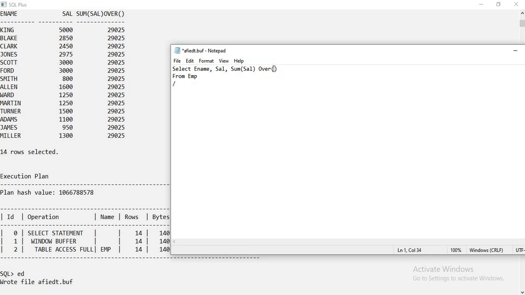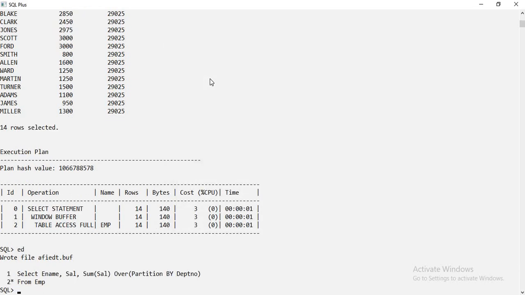In this OVER, there is one more option, which is partition by. I am saying DEPT number. Okay. Now, what will happen is, when the garnishing is happening, the sum of sal will be executed over the data that is brought to SGA, which is ename and sal, both the columns. And when the aggregation is happening, what partition by does is, it will divide this output department wise, and then this aggregation sum of sal will happen. Now see the output, you will get a clear idea.